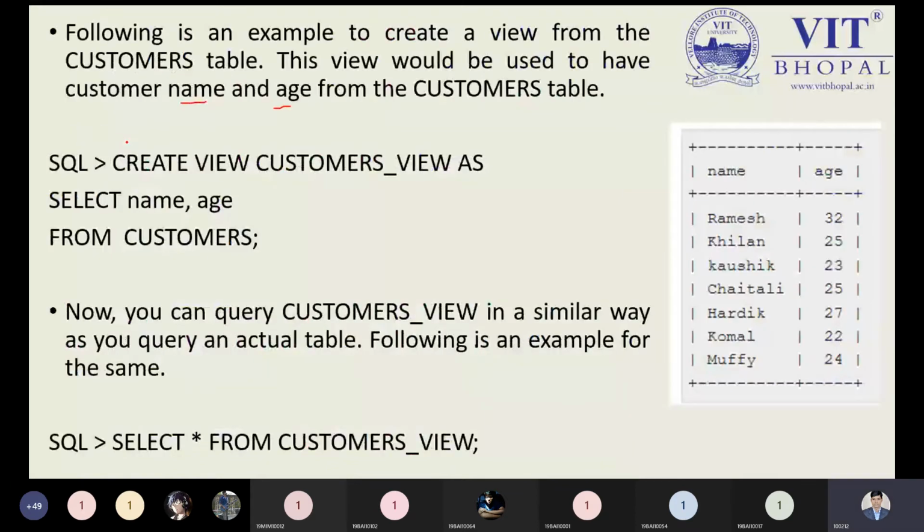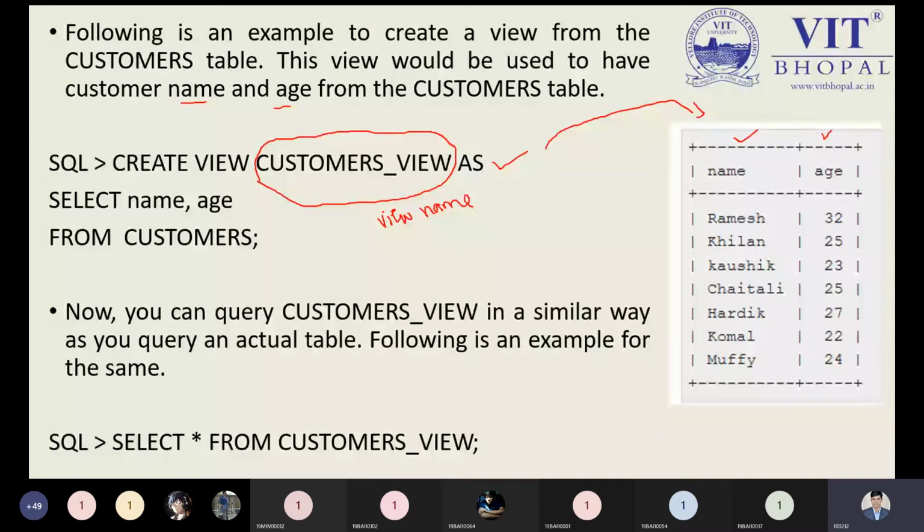This is the view name, just like a table name. According to my syntax, this is known as the view name, and you have to use the keyword AS. Please keep that in mind. And what attributes am I picking over here? Those are name and age from the customer. So from this point of view, you can see only the attributes I'm getting into my view, that is name and age, and how I can get it, of course, by putting the simple syntax in the query pattern.